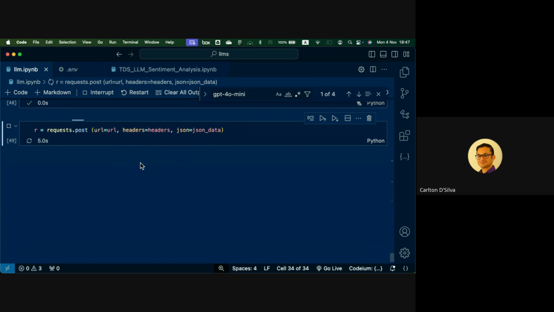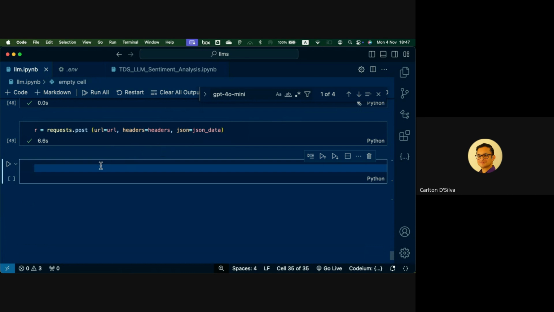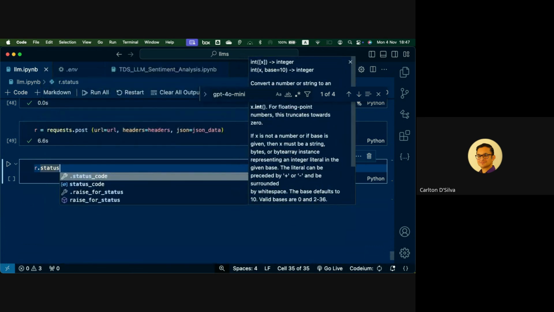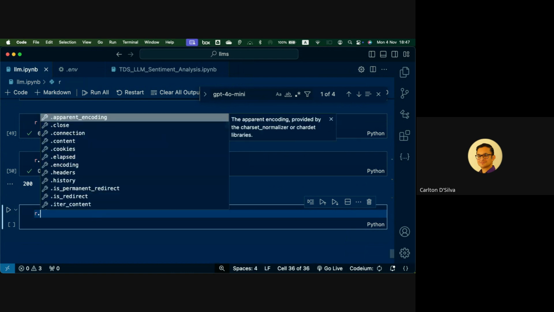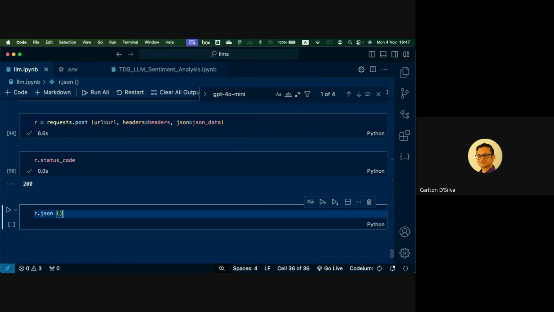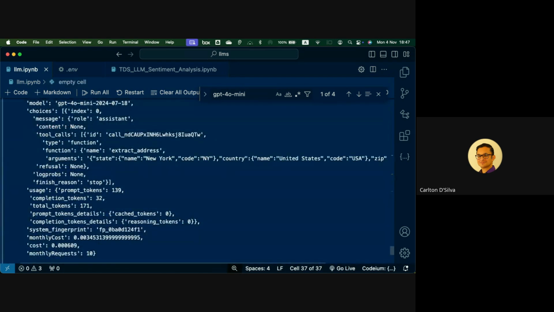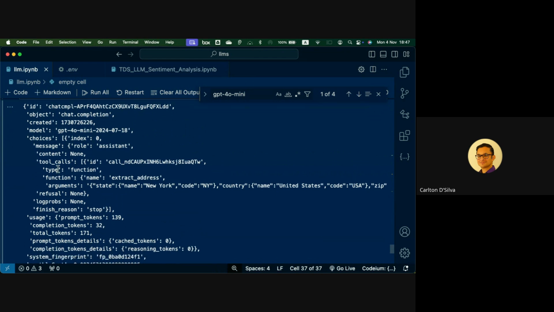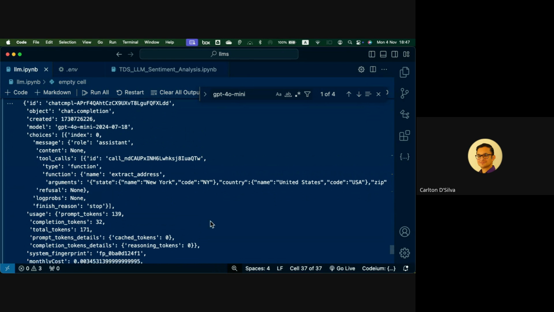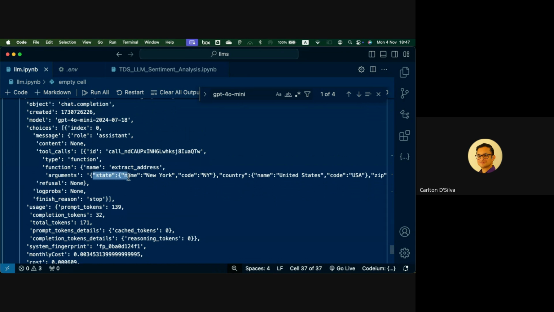It's taking some time. Okay, this is good. It seems to have done something. You can see it's run the function called extract address, and something has happened here.